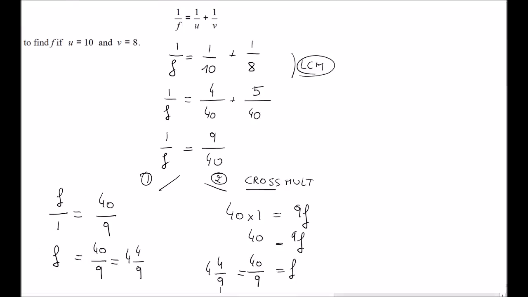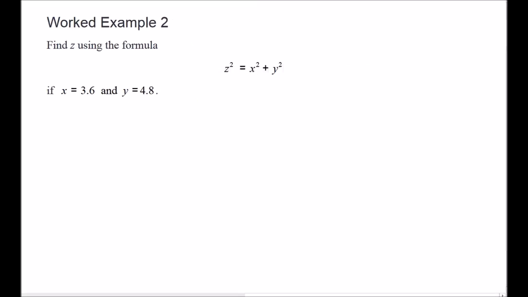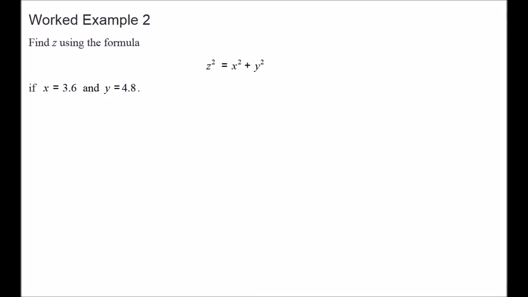Now, another more complex example is going to be something like this. I hope you still recognize the Pythagoras formula. z squared is equal to x squared plus y squared. We have to find z and substitute x's and y's. Let's have a look. Again, I'm just going to fill it in. z squared is going to be 3.6 squared plus 4.8 squared. What do I get? 3.6 squared is